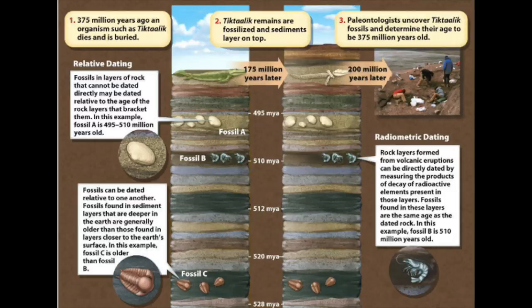From that point, scientists can then use a few methods to determine the date at which that fossil lived. Relative dating is one way. Using relative dating, fossils are dated relative to the age of the rock layers or nearby fossils. And in radiometric dating, scientists use radiometric isotopes as a measure of age. For example, a rock layer that was formed during a volcanic eruption could be measured based on the decay of radioactive